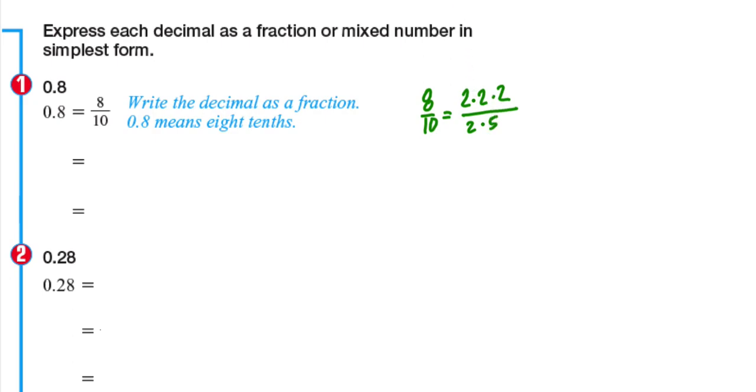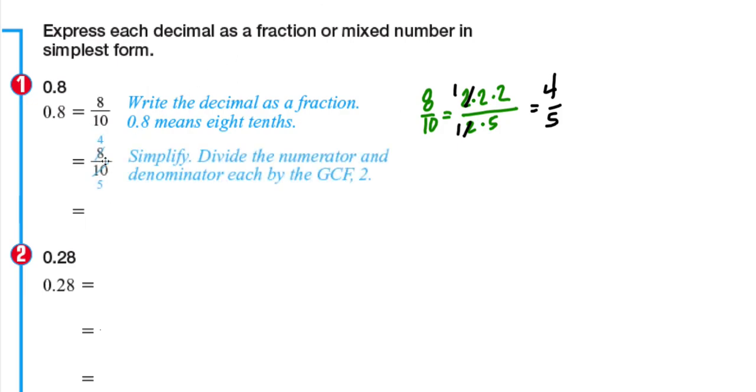This 2 is common to both. Make it 1, and what's left would be 4 over 5. Remember, the GCF is 2, so we can also do this by dividing both the numerator and denominator by 2. So 8 divided by 2 is 4, 10 divided by 2 is 5. We still end up with